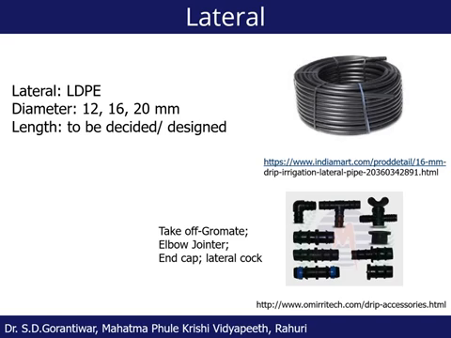Okay, and then regarding laterals, there are certain other smaller components as well, that is takeoff grommet, elbow, jointer, end cap, lateral caulk, etc. I have shown this in the right hand side bottom figure actually. Okay, then in that case, first you see the elbow. So an elbow is also required. A special elbow is required